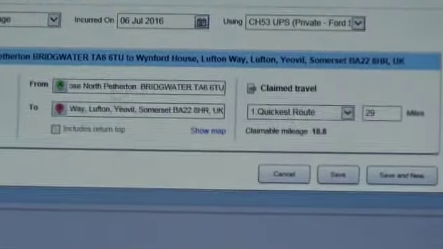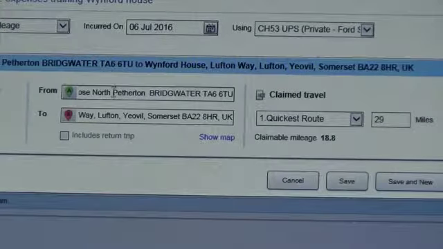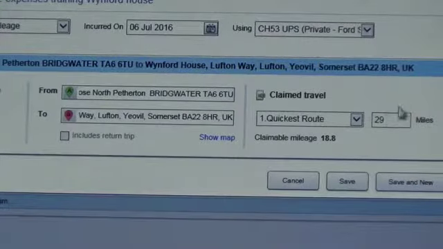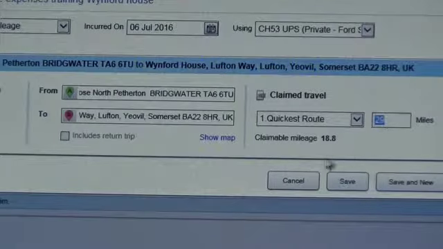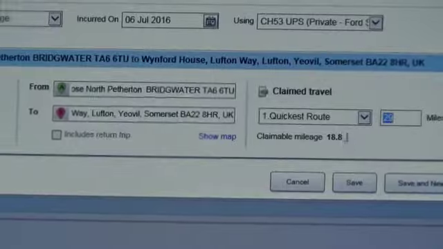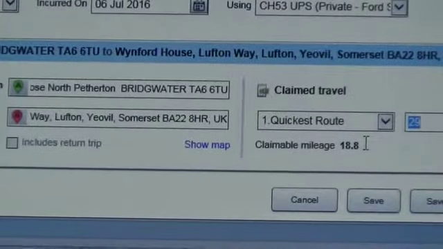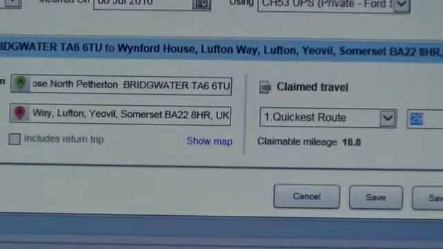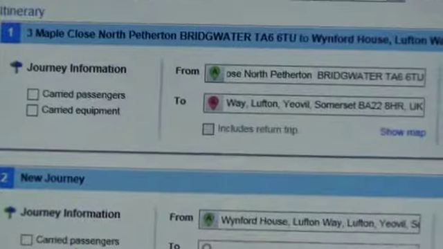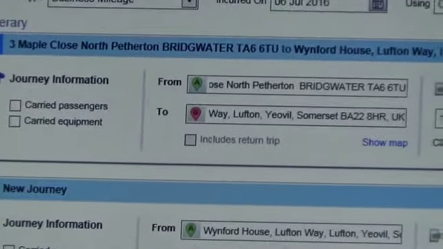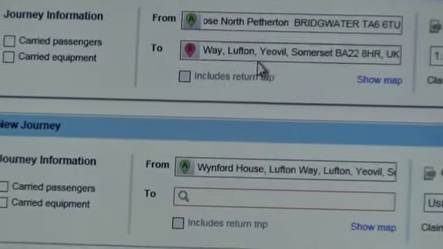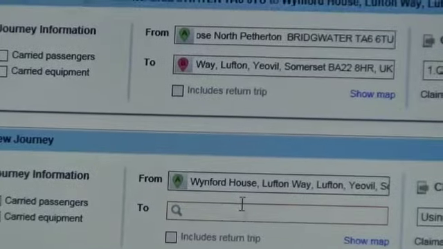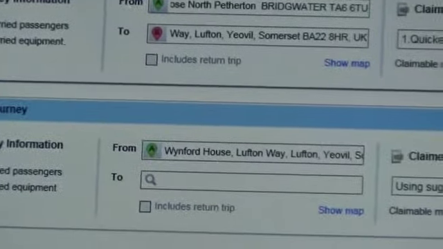Okay, I haven't finished my journey yet because I've gone from home to Yeovil. I'm claiming 29 miles. It will not calculate your mileage until you've finished your trip, i.e. you've finished at home or base. So what I would do, I had another trip. It then generates my to location to be my from. So I finished at Yeovil initially, and now starting back at Yeovil,